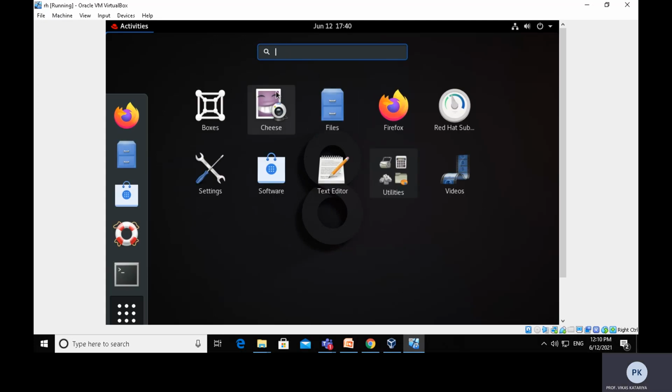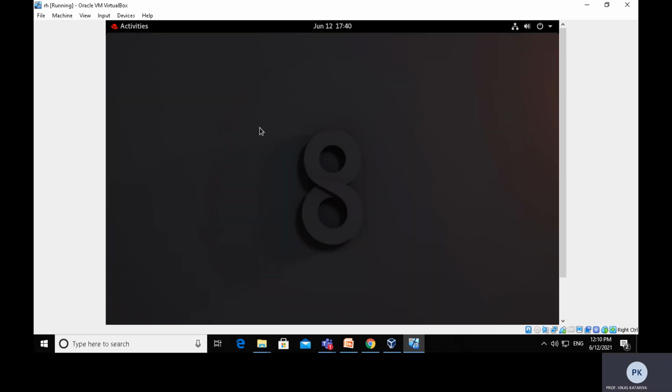This is the way to access any application, by putting the name in the search box. Click here and it will be removed from the screen. These are the icons: shutdown button, sound customization, network connections. So everything is provided in the graphical user interface.